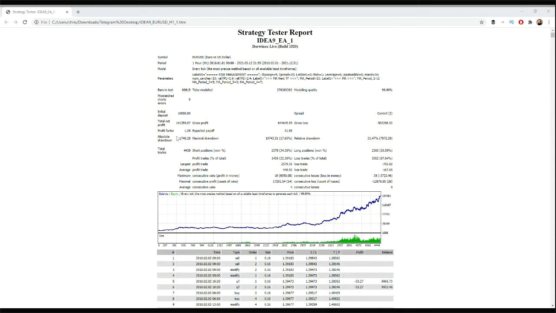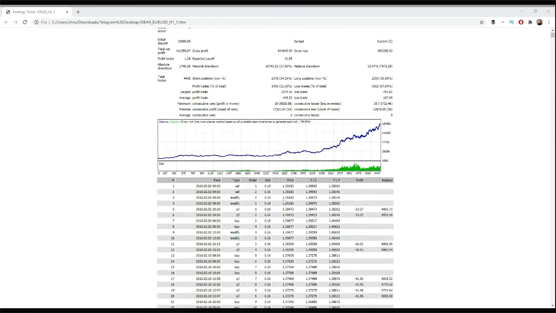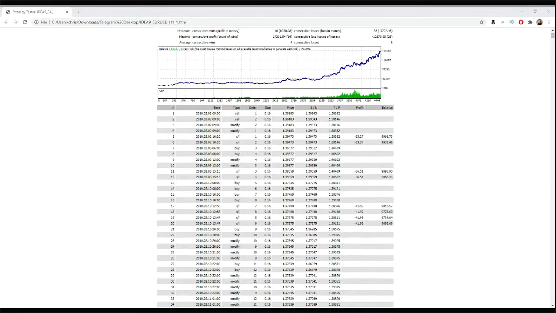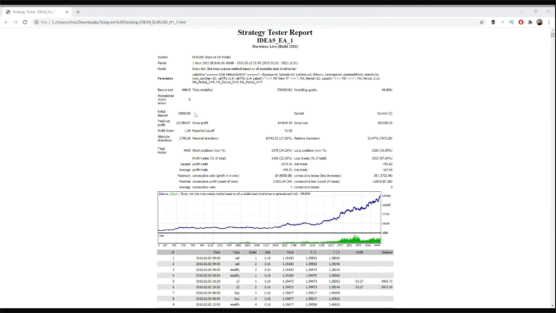So it's still something that we're going to consider for using. Once again, it's not earth-shocking. It starts with 10,000, ends at 140,000, but it did take 10 years for that. So good, not excellent, I would say, my own judgment on that, but could get better. And of course, a lot depends on live trading too, not only obviously back testing. But I just wanted to keep you in the loop